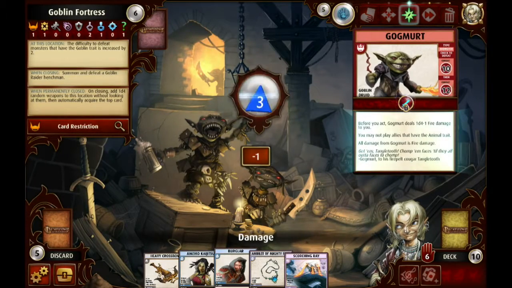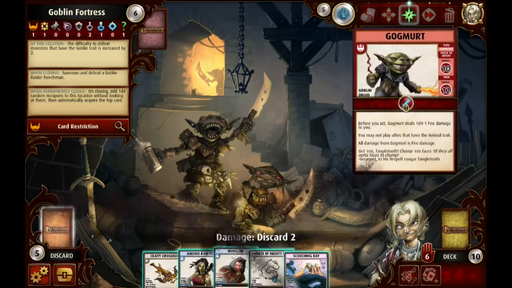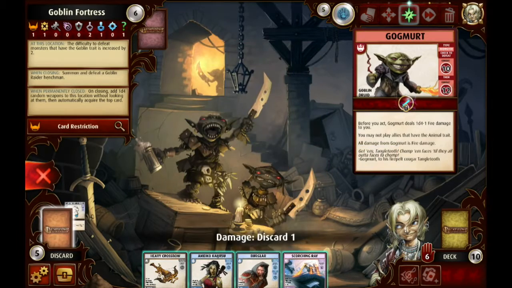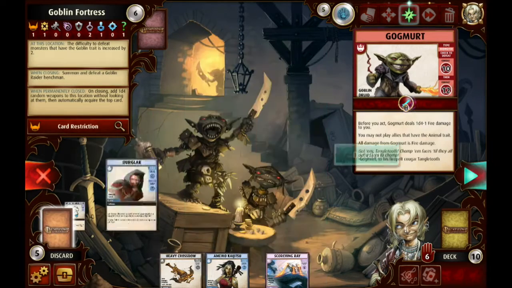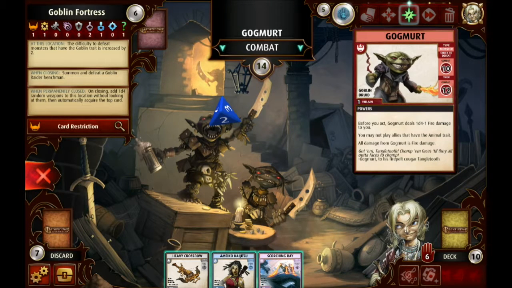Alright. Alright, so 2 cards go away off the bat. Luckily I have exactly 2 cards that don't do me any good. Okay, let's see. He's not immune to fire damage. He does fire damage, but he's not immune to it. So, if I Scorching Ray the first time,